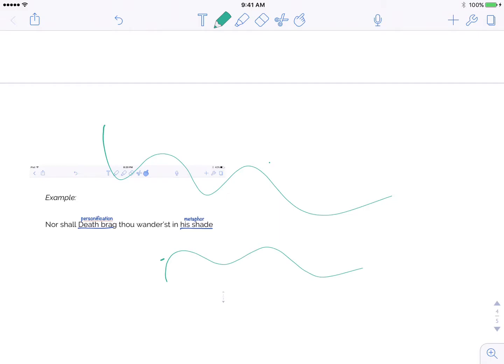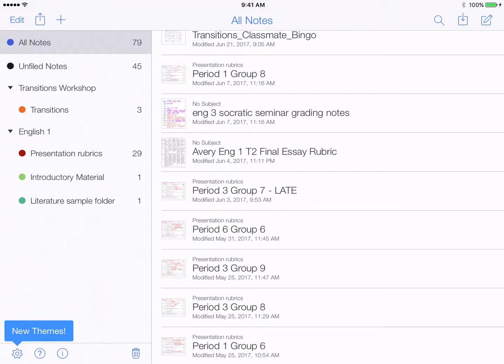And that's about it. Again, I use Notability to pretty much replace all paper in my class, and it's how I have a completely paper-free classroom in combination with Schoology and everything that allows. And if you have any questions about how to use Notability, I am happy to answer them,